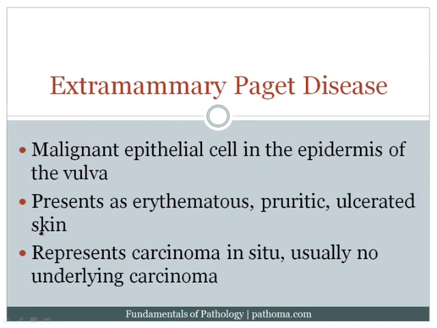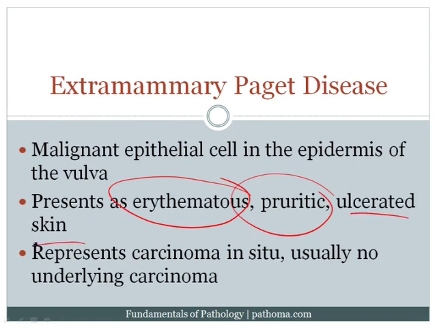Now you can see that in the nipple, and that would be called Paget's disease of the nipple. And you can see that in the skin of the vulva, and that's called Paget's disease of the vulva. When it presents, whether in the nipple or in the vulva, it presents as an erythematous, itchy, ulcerated skin. And again, it's going to be due to the fact that there are malignant epithelial cells within the epidermis